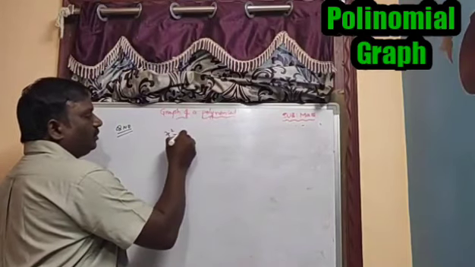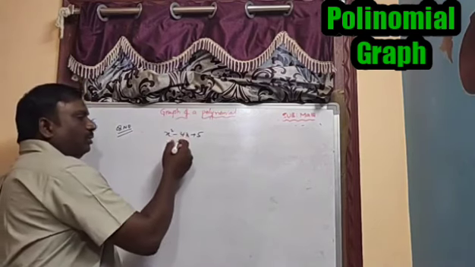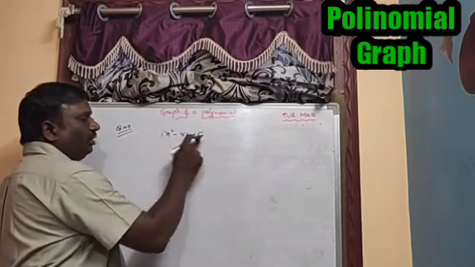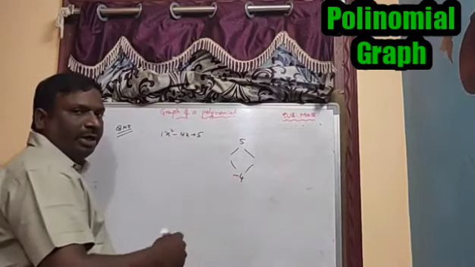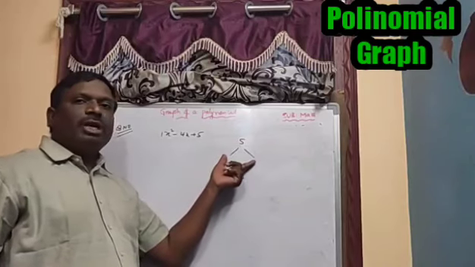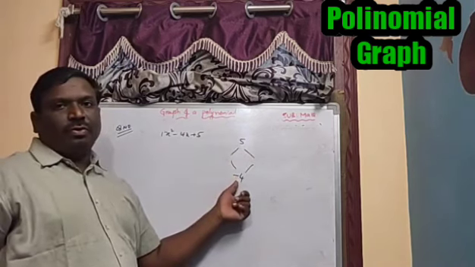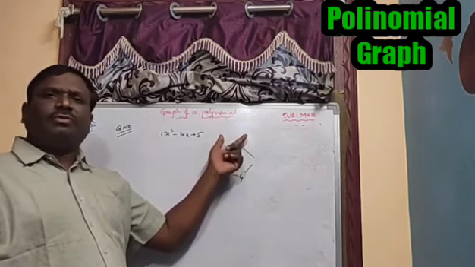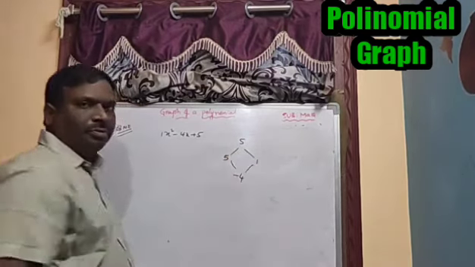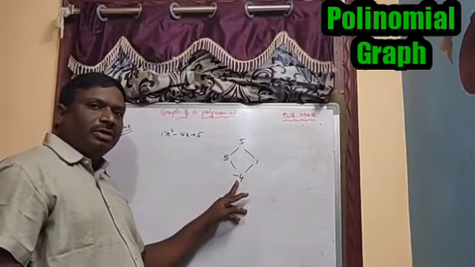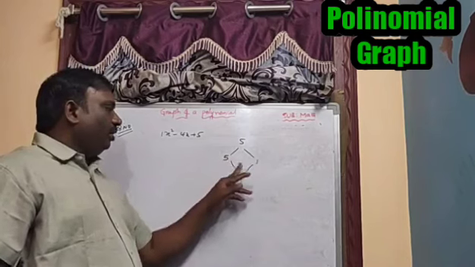Now let us take the example x square minus 4x plus 5. If you take the factorization, then 5 into 1, 5, then minus 4. When you multiply two values, we get 5, and those two values, if you add or subtract, we get 4. What are the factors for 5? 5 is a prime number, so definitely 1 and itself are the factors. So 5 and 1. Is it possible to get minus 4 here? Not possible. If you add 5 and 1, definitely 6 will come.